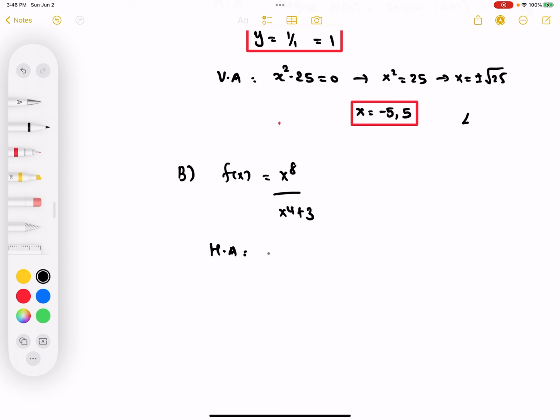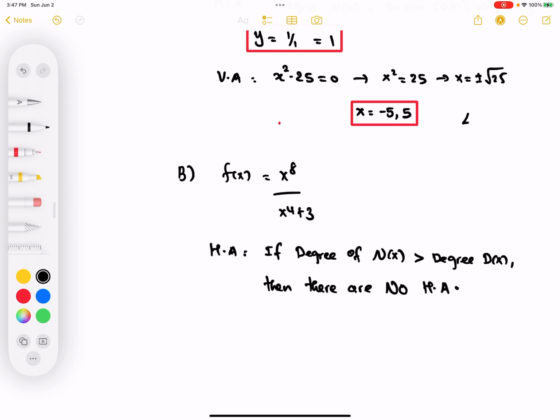We said that if the degree of the denominator is greater than the degree of the numerator, then there are no horizontal asymptotes. So the answer is there are no horizontal asymptotes